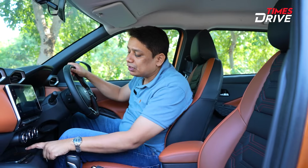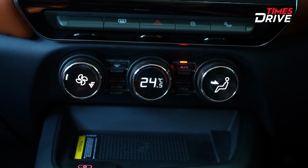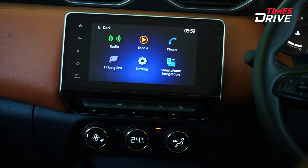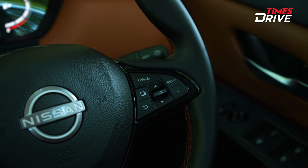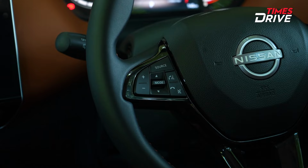Now, what you'll also appreciate, of course, is the rich list of features. You get wireless charging, you get climate control, you get this big touchscreen which also has Apple CarPlay and Android Auto, and of course you can connect it wirelessly, which is great because a lot of other cars in this segment, some of them don't have the option of wireless connection. You also get cruise control on this particular version,